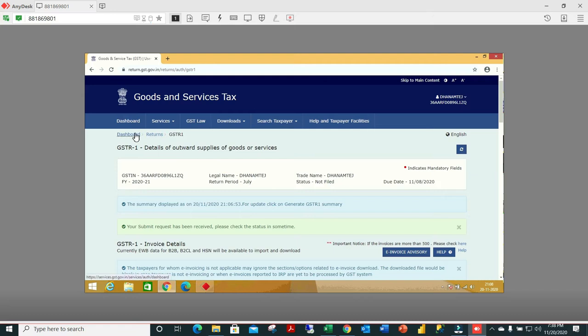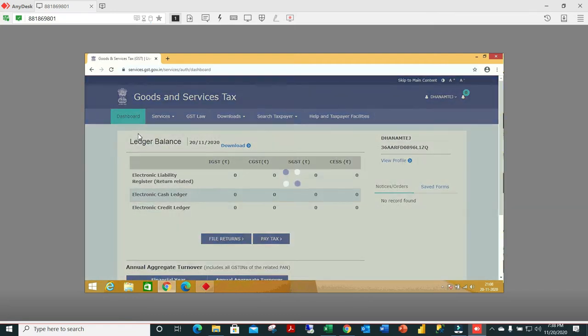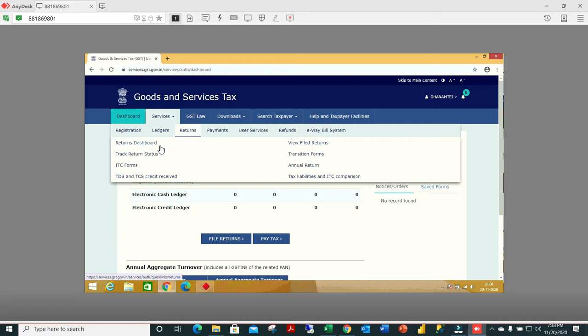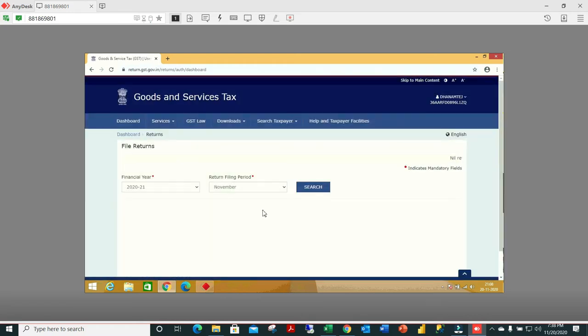Once the GSTR1 summary is generated and submitted, we can go to our dashboard again to check the status of our filing. Since this is done live, it is a good practice. Then again we go back to July.